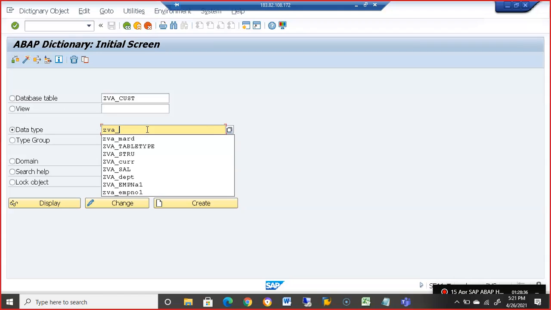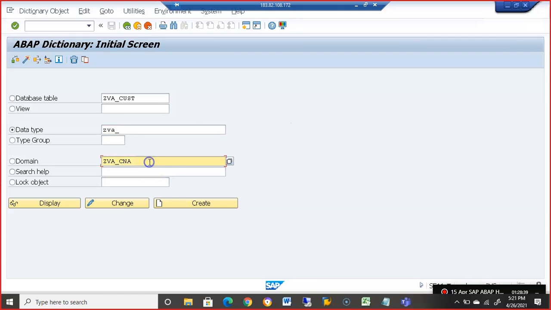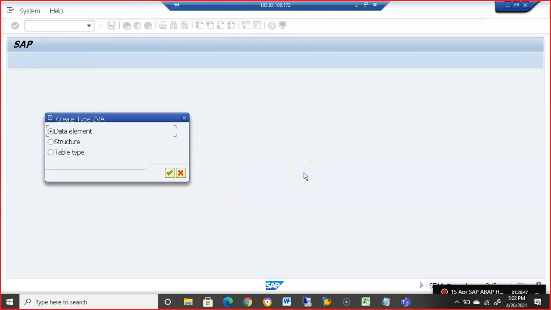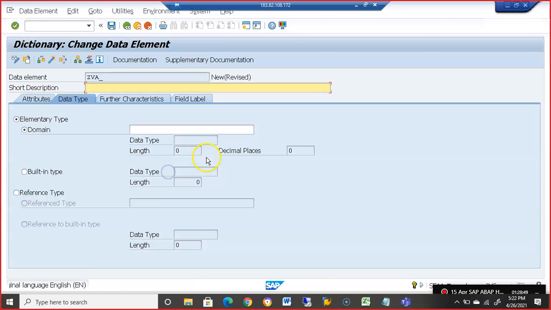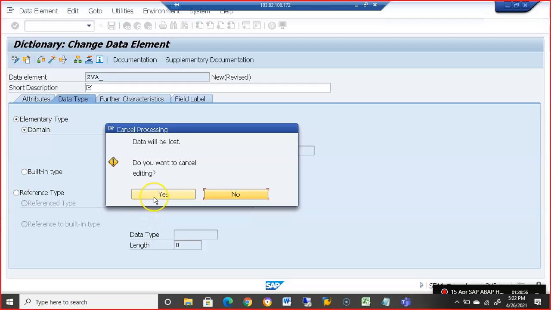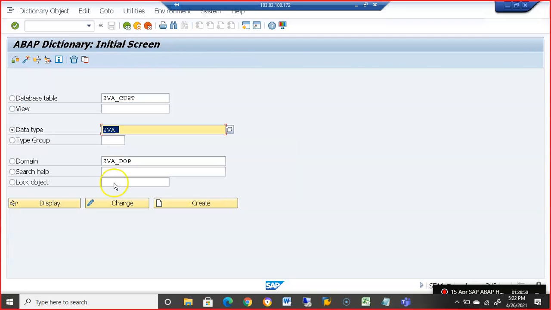ZVA underscore. We have customer number, customer name, and then we have date of purchase. We want to create it as date of purchase, DOP, and create a data element. Say okay. No, first we need to create a domain, right? So here I have to select this as domain.